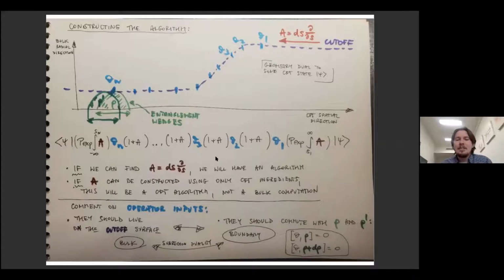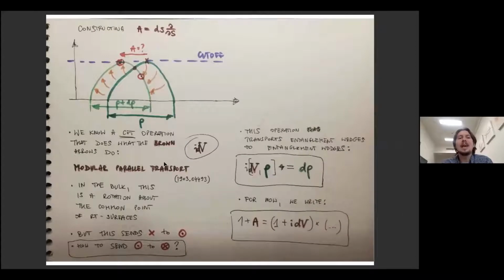But if I forget about the domain, forget about the blue parts in this expression, I want to say that this expression is literally the state at the given cutoff. So I've constructed it, modulo the fact that I still don't actually know what this A is. I just assumed that I had it. So let me tell you how to make A. There will be two steps in it.